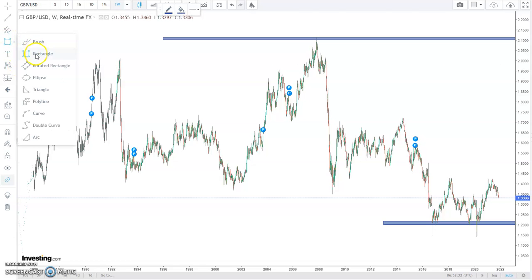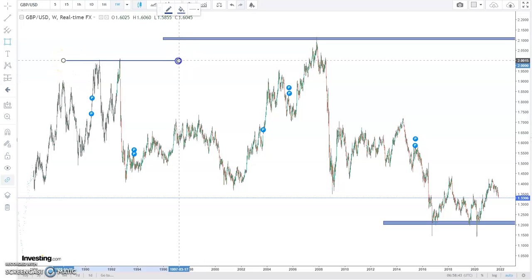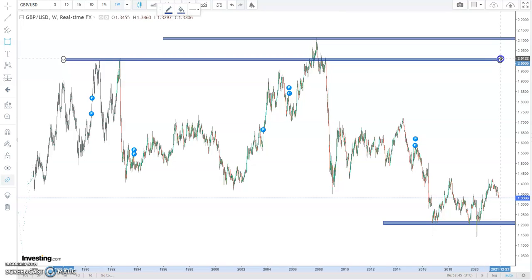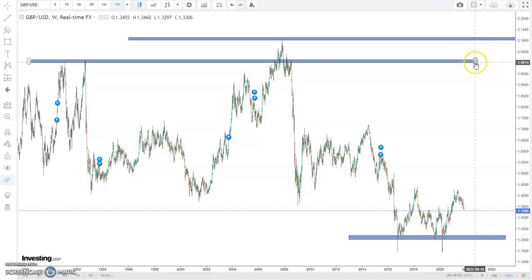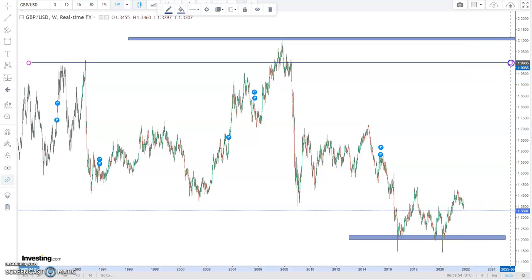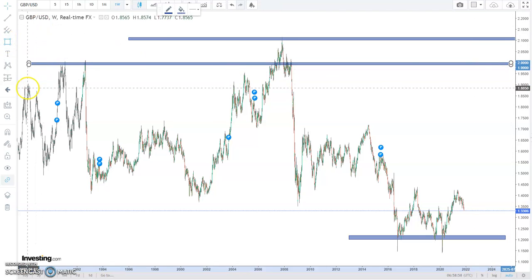So again, we go and mark off where price has confidently reached a particular area on a regular basis. So we can see price touched there twice, price has touched there, and that would be an area which we would deem as a confluence area. So mark that off. I'm going to go a bit further down and say, okay,